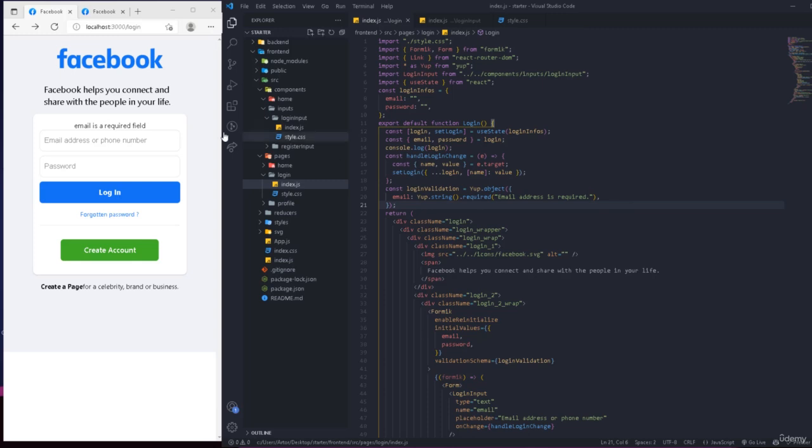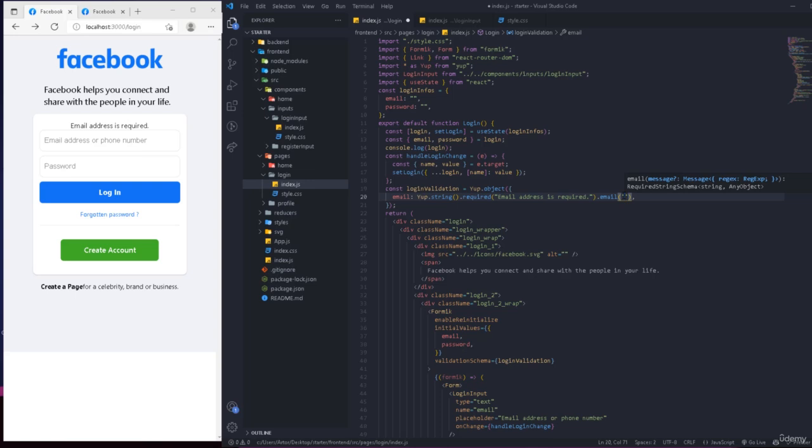So email address is required. So now if we refresh this and try again, we're going to get the new error that we have, which is email address is required, okay. So also you can do other verification, simply just, for example, this is going to be an email, okay. And you can have your